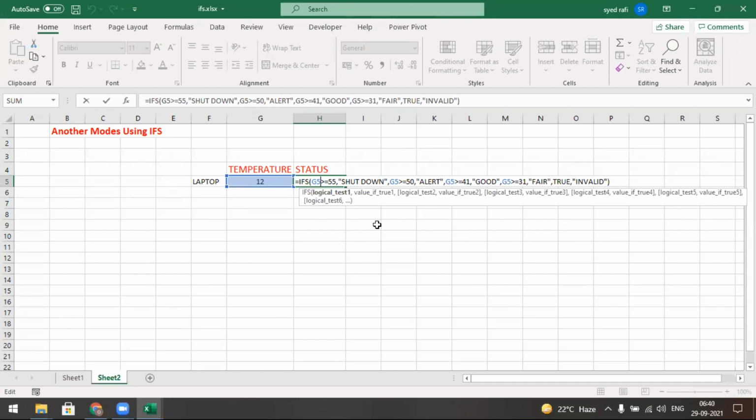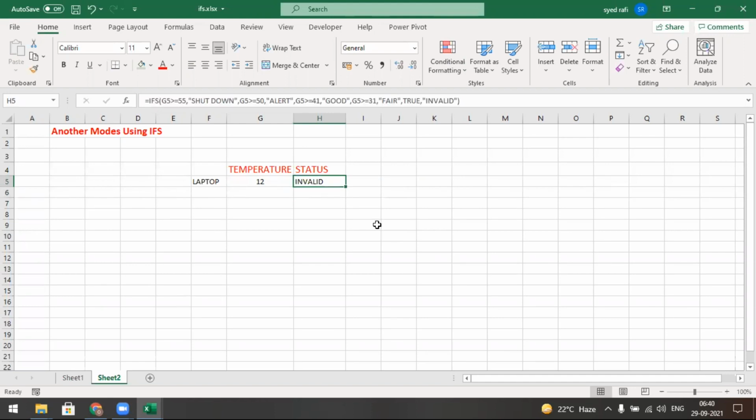Above 31 and less than 41, it will be displayed as fair. Otherwise, for any unnecessary value below 31, it must be displayed as invalid. So how do we make this one?